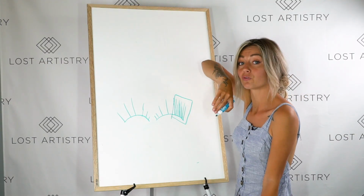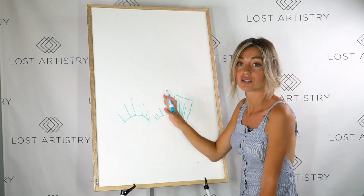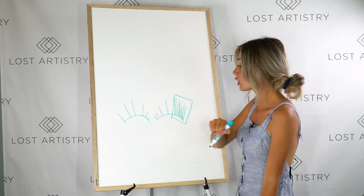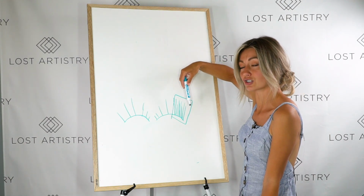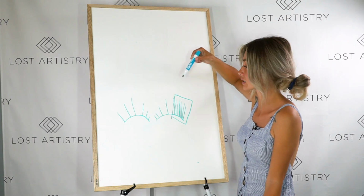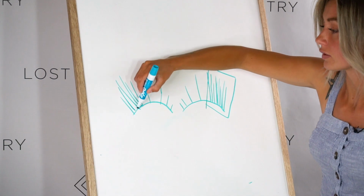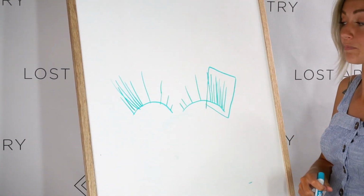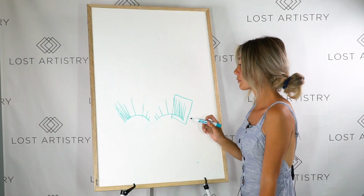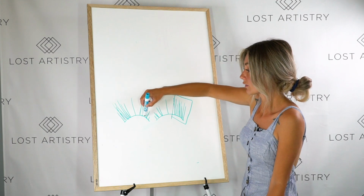So what we're gonna do is before we begin our set, meaning that we're gonna balance back and forth between eyes, we're gonna go in and make this eye look just like this eye so that we're having the same starting point. So I'm gonna go ahead and put my lashes in just this area in order to balance them out to make them look the same. And then from there, I can go ahead and fill in the rest of the gaps